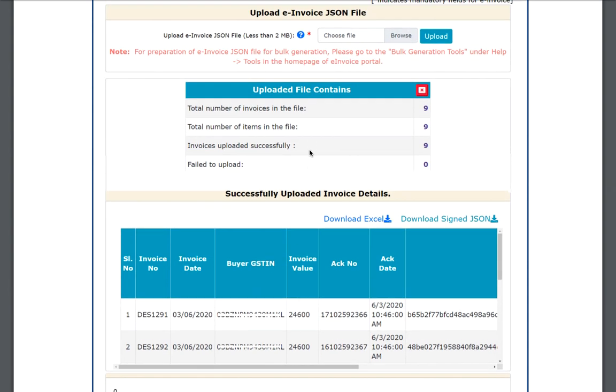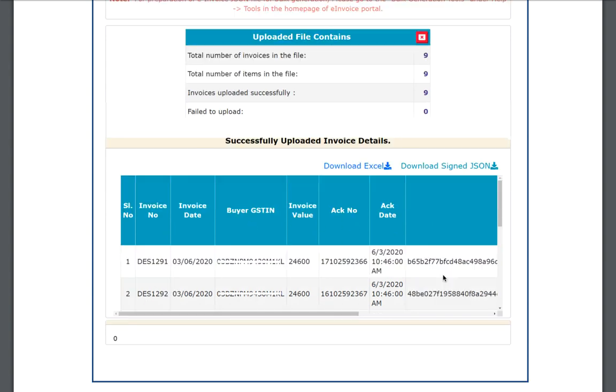As you can see in this sample image, the system will show you the number of invoices in the file, the number of items in the file, and the number of invoices uploaded successfully and the number failed, which you can re-upload again in case there's some error. So here you can see the download Excel option. On clicking on this download Excel option, government will be providing the invoice number wise IRN details which you need